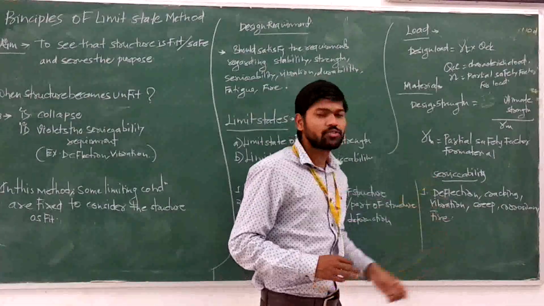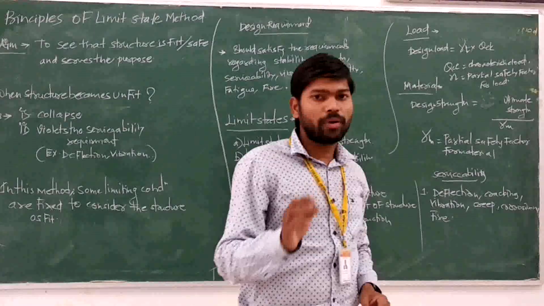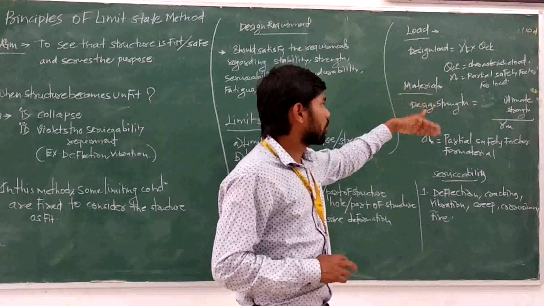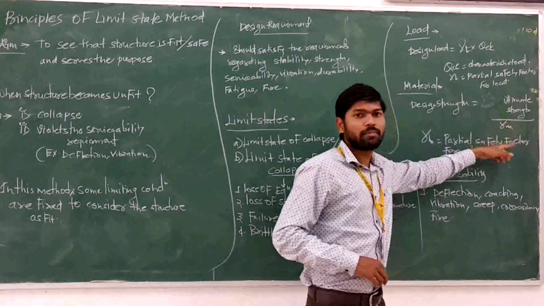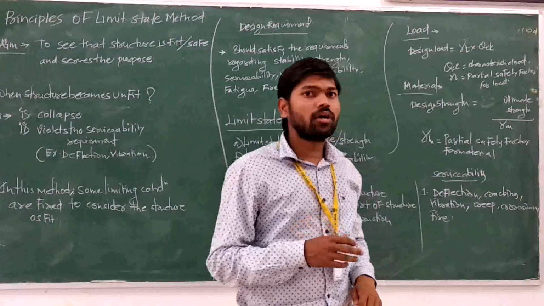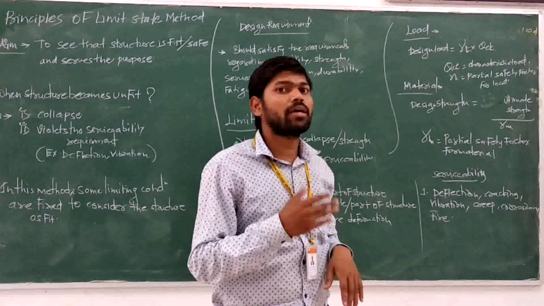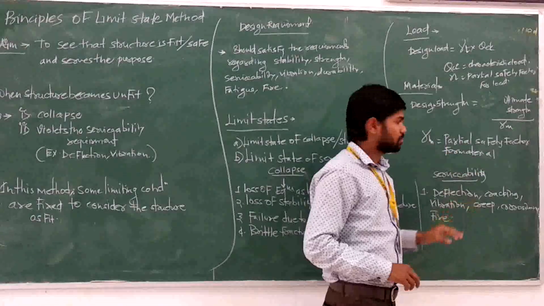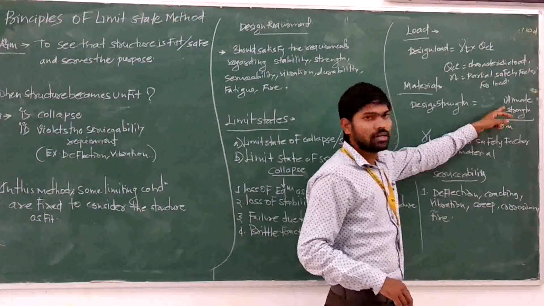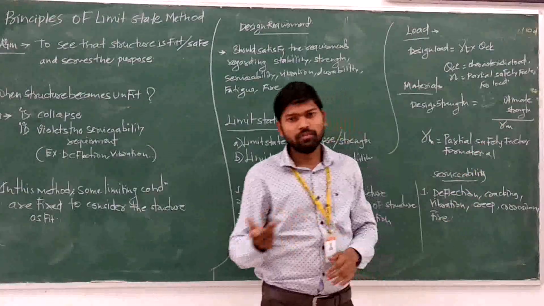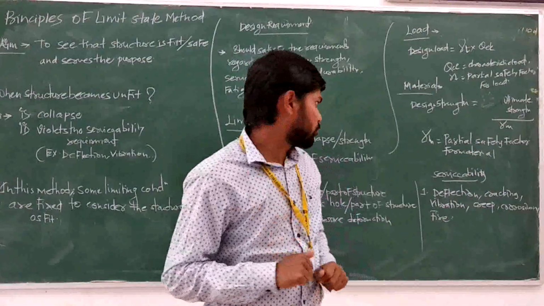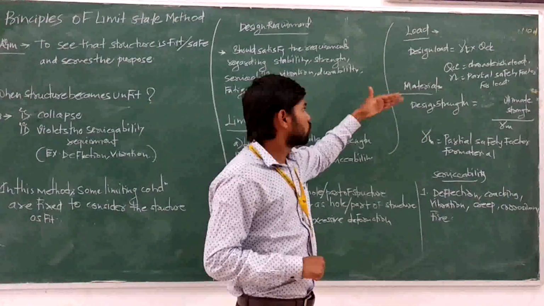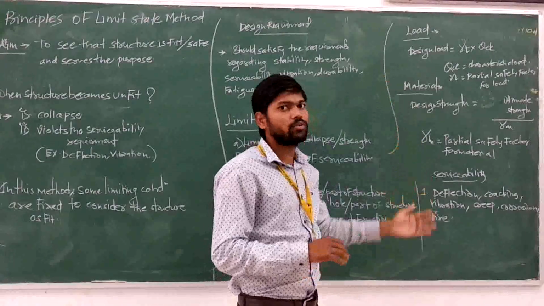Now the value of gamma M is taken as 1.25 for the ultimate stress. When you apply the partial safety factor to the ultimate strength, gamma M will be equal to 1.25. When we apply the partial safety factor to the yield stress, gamma M will be equal to 1.1. So this is about the partial safety factor for steel. The ultimate strength and yield stress will be provided to you depending upon the grade of steel. So this is all about the partial safety factors and how to consider the design strength and the design load in the calculation.